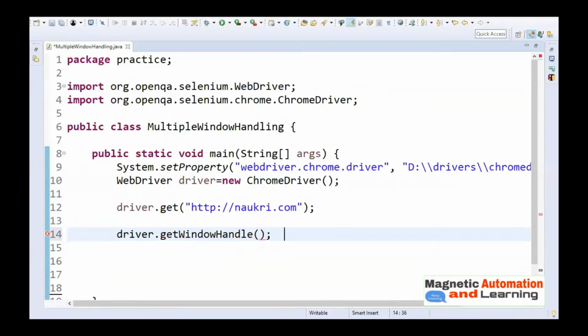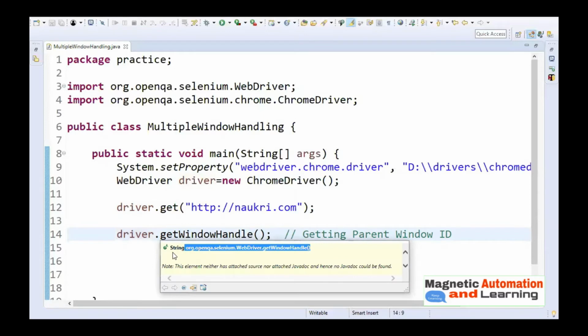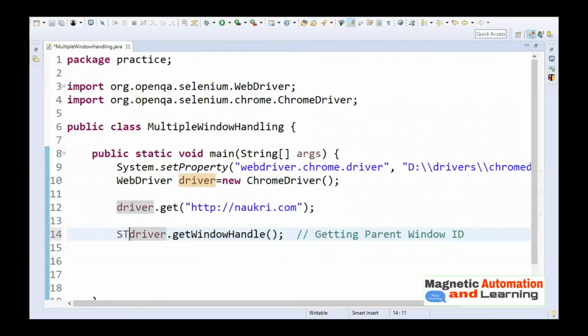This is responsible for getting the parent window. I will store it in a String, since it is going to return the ID in the format of a string. PID means parent ID.